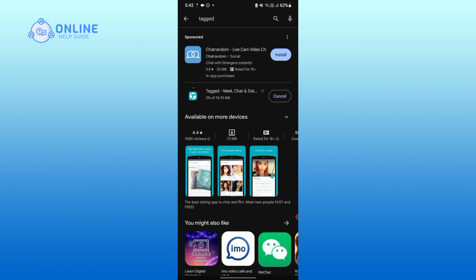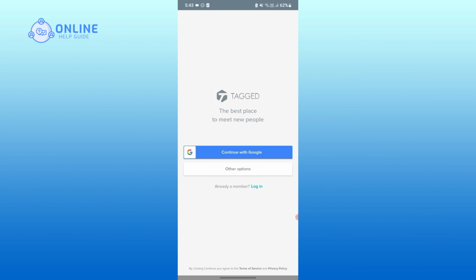Wait for the installation. Once the installation is finished, tap on Open. Now you can create or log into your account, and that is how you can easily download the Tagged application